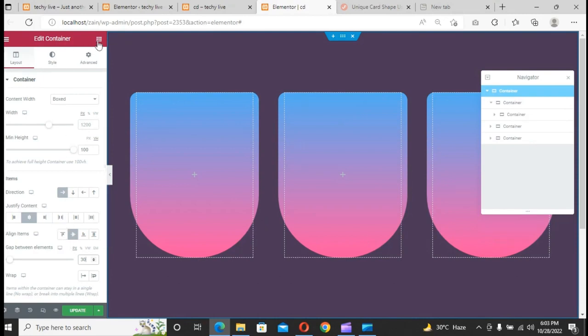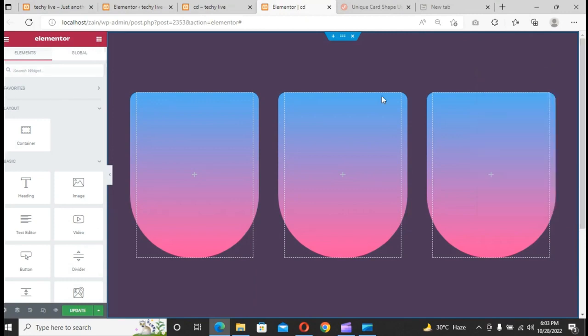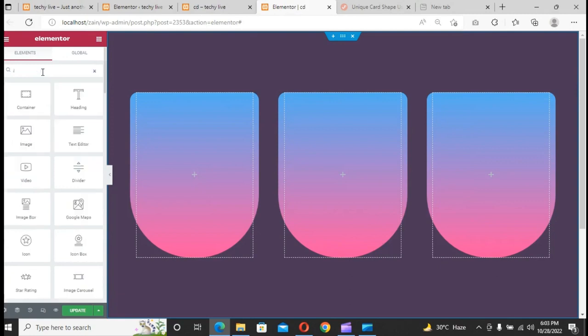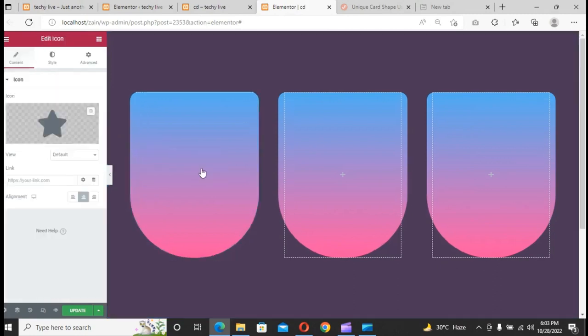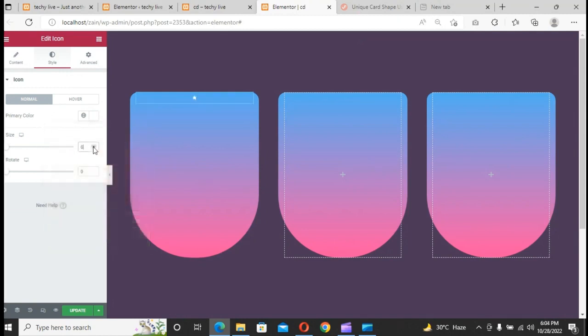Now you need to click on this Rubik's Cube icon again, and I close the navigator here and search here for icon. So just search here for icon. Here you can see icon. Drag the icon in the container and go to the style tab. Firstly you need to choose the color. So choose the color fully white, and in the size tab you need to put here 84. So the size is